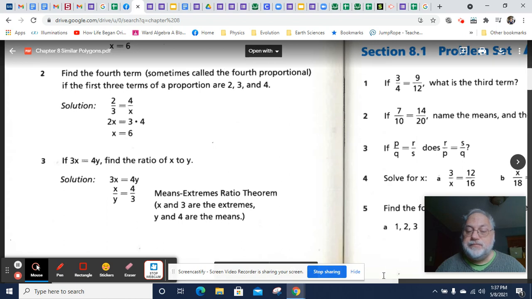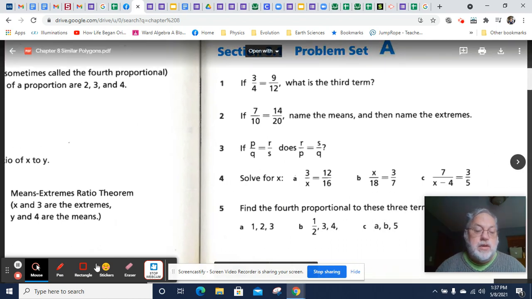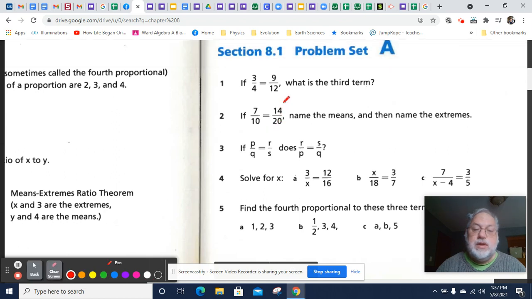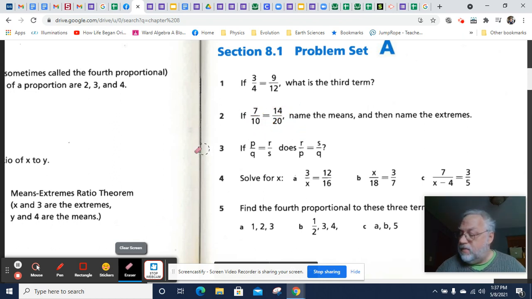Okay, and then what are the means and what are the extremes? Well, the means are always going to be these, and the extremes are always going to be those. So that is, of course, described in the notes above in the chapter. Okay, number 3, you're asked to work out